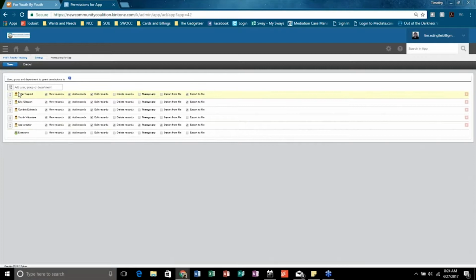And then you can choose the specific people that you want to have access and the ability to edit. As we can see, we have 5 people that can view, add, and edit records, but 4 of them are not able to delete records. Only the app creator can delete records. This is done specifically to avoid accidental deletions.